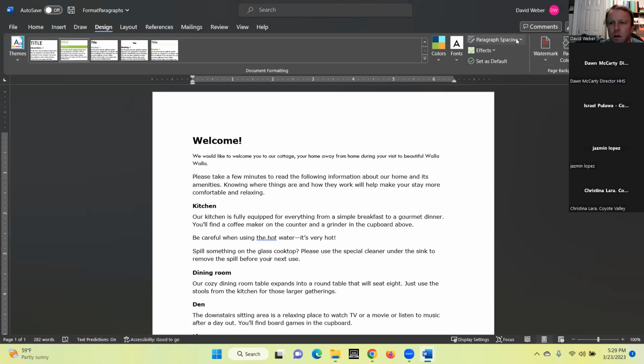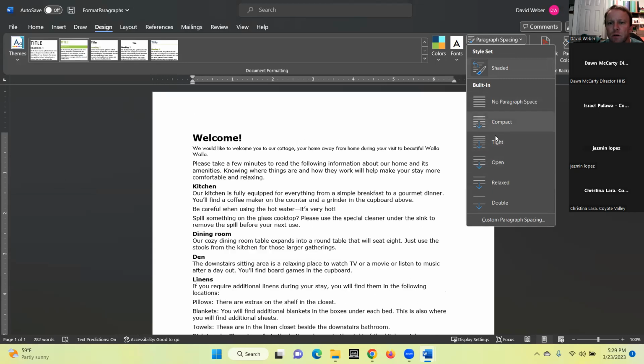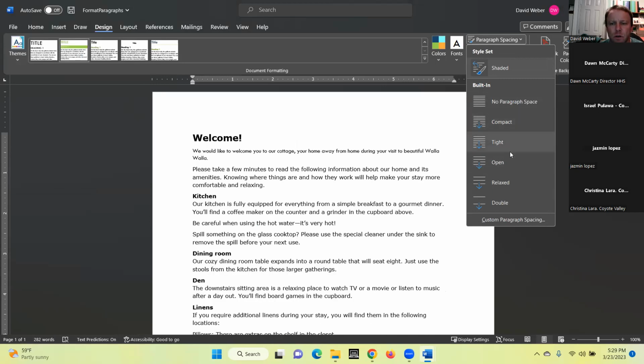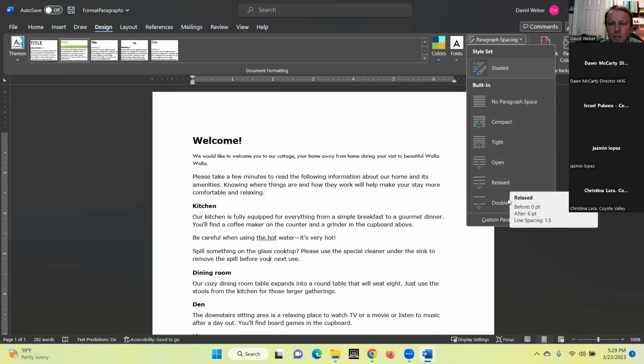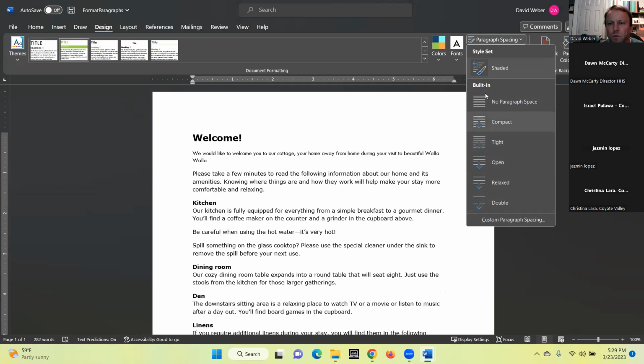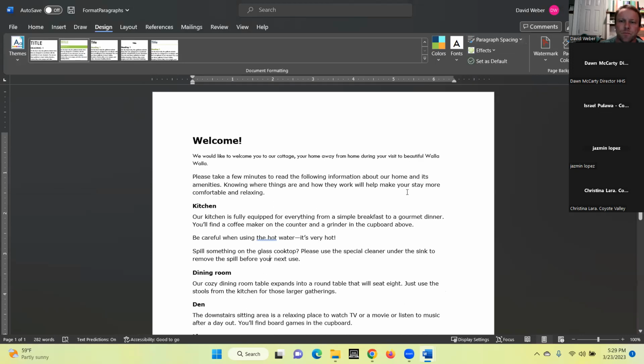You can also go in here and change your paragraph spacing as needed. You can open it up, relax it, double it so there's even more spacing. Okay. I think that is it. So let me go back to